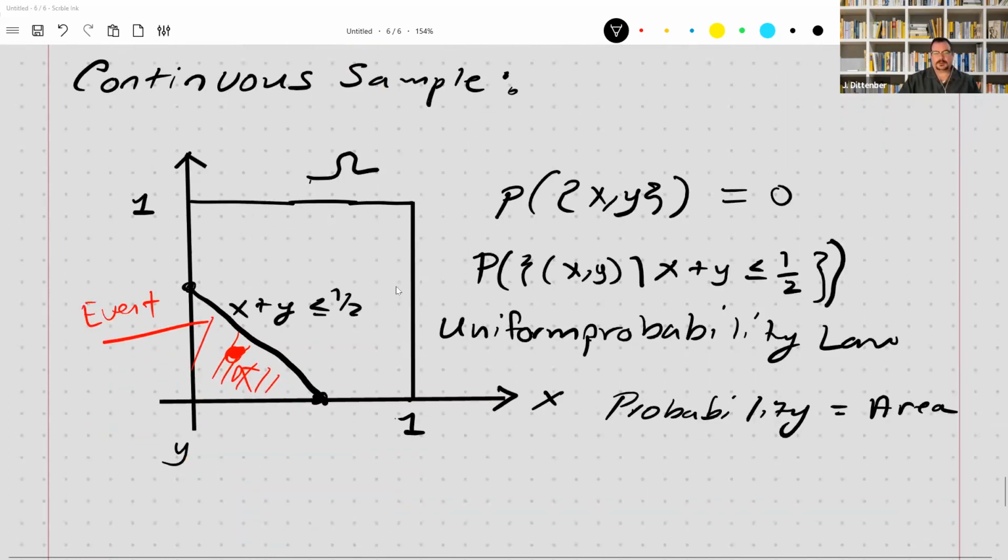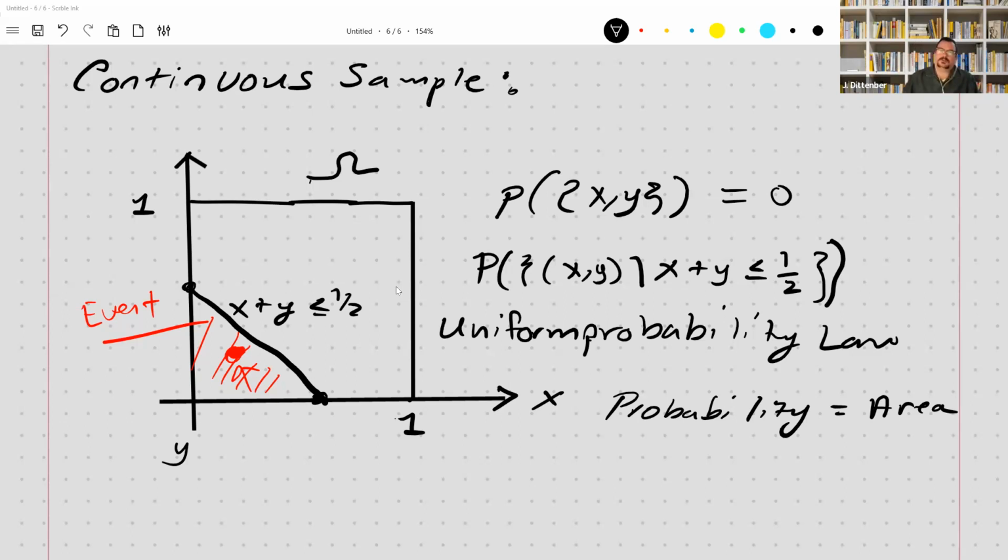For a continuous sample space, we cannot use that same strategy because it's impossible to calculate the probability of a single point. It's impossible to do because we're using real numbers that can be fractional and decimal parts of numbers, so that you can always increase the level of precision because the numbers are infinitely